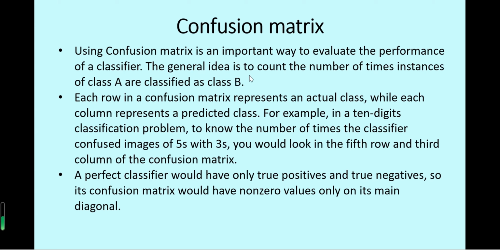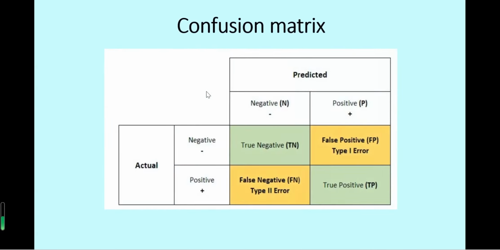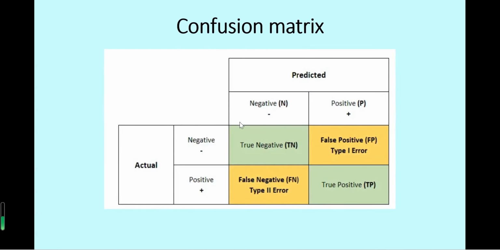The general idea is to count the number of times instances of class A are classified as class B. If we look at this table, this is a confusion matrix. Each row represents the actual cases, negative or positive, and each column is for the predicted cases, negative and positive. So these two green